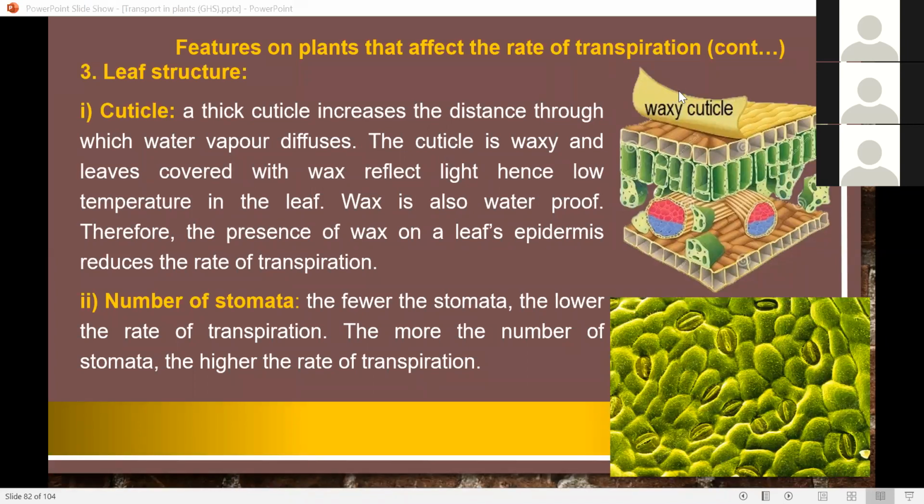Remember, the upper surface of the leaf is that which is exposed to direct sunlight. And remember the effect of sunlight on drying our clothes. It is like if you wash your mat and you put that mat in sunlight, of course, the upper surface is exposed